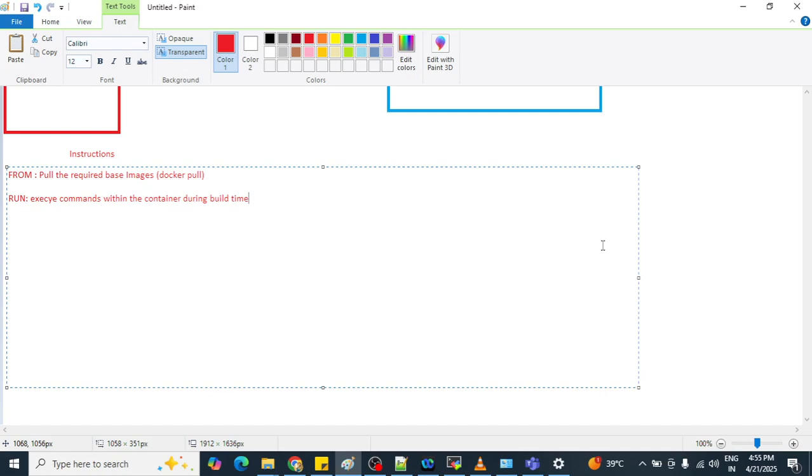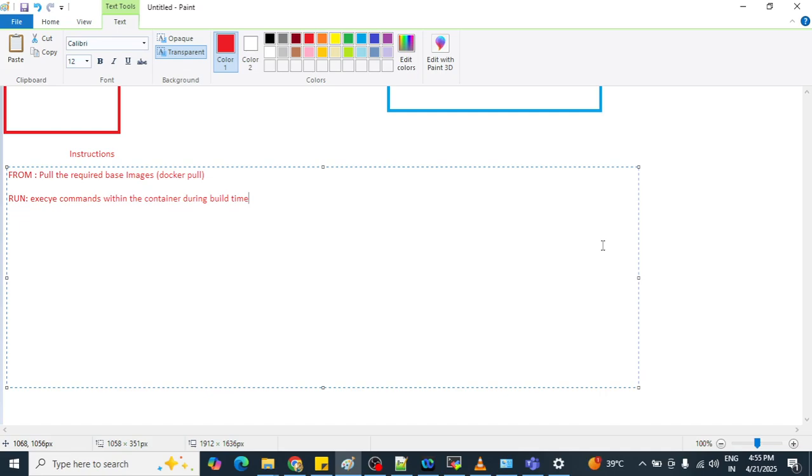During build time. I think it is very much clear now. With the FROM instruction we are pulling the base image.